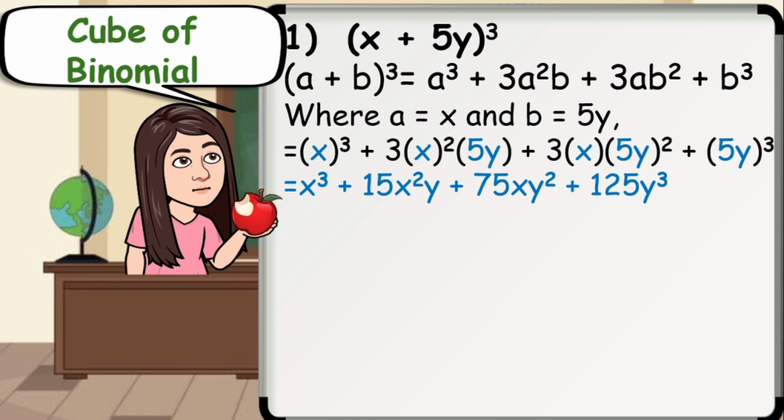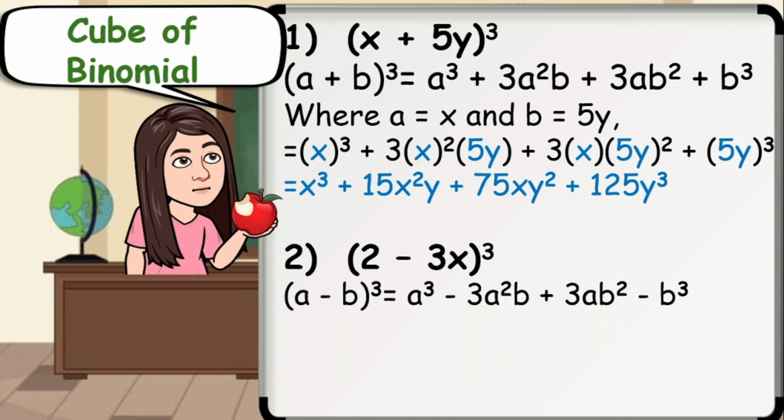So therefore, the cube of binomial x plus 5y is equal to x cubed plus 15x squared y plus 75xy squared plus 125y cubed. Example number 2. Cube of binomial 2 minus 3x. In here, we will use case number 2, where a is equal to 2 and b is equal to 3x. To solve this, cube the first term, we have 2 cubed